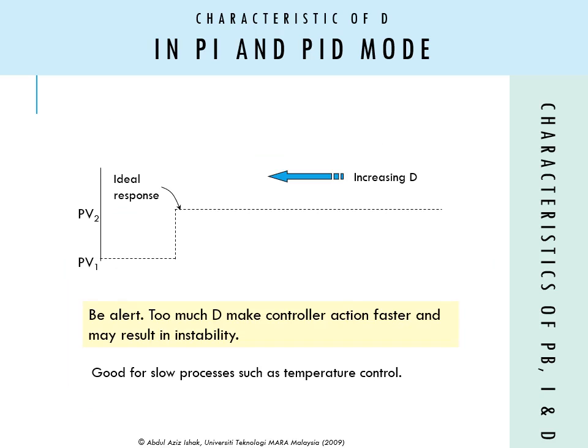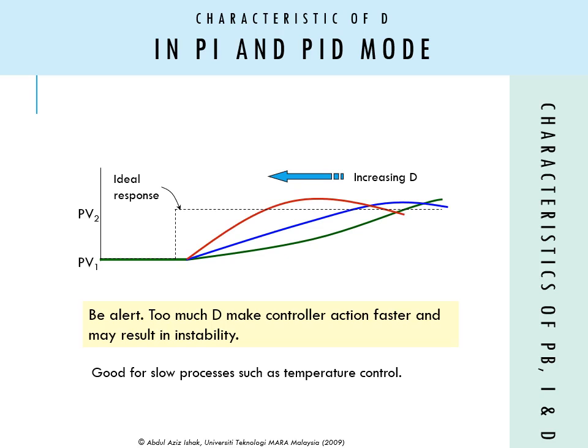As much as there is a lot of benefit of using the D term in a PID controller, we still need to give some consideration not to increase the D term too much, because too much D term in a PID controller